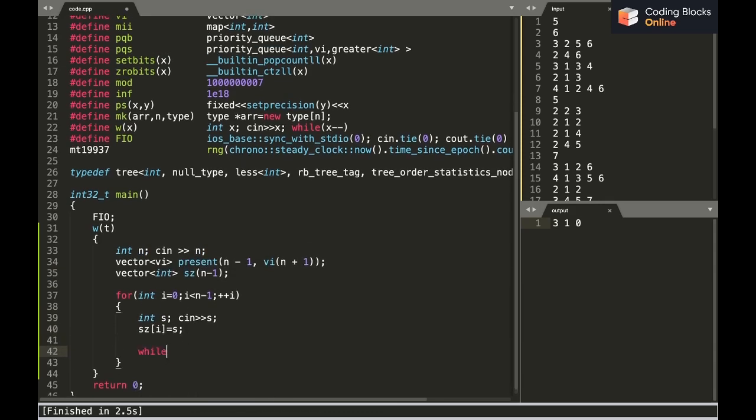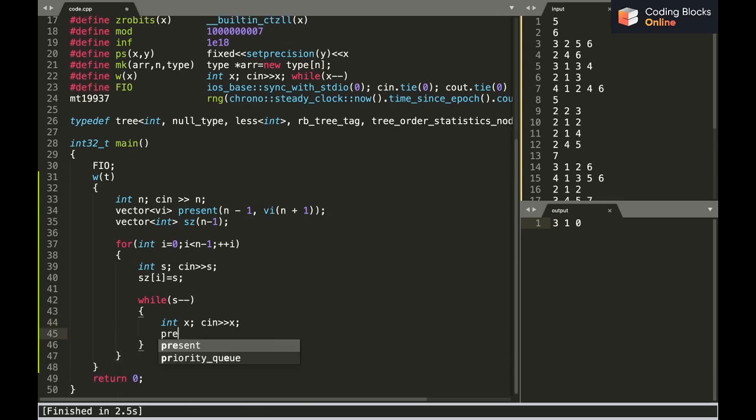Then I'll just simply take input for each number, and I'll say that present of I x equals to 1. Also I can initialize it by 0. I don't know what's the default initialization, so I can just say initialize each number by 0. So I've just made sure that the number at I x is 1. So I know what all numbers are present in each segment currently.